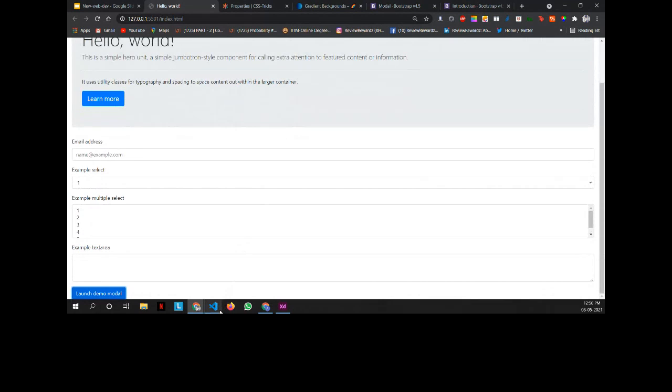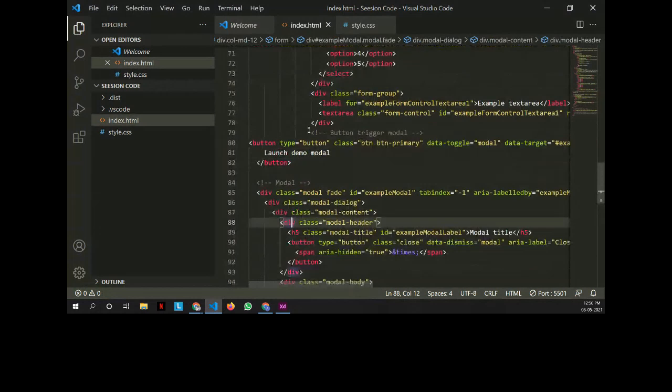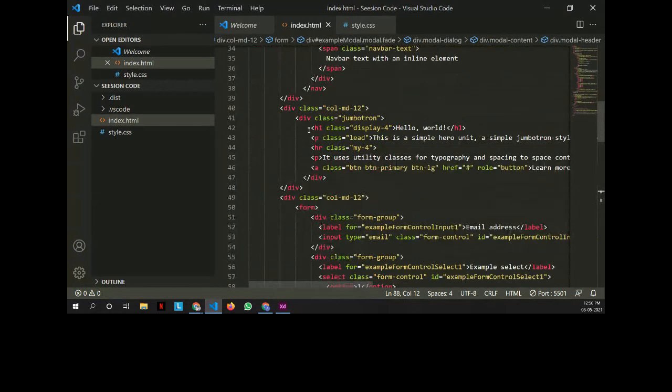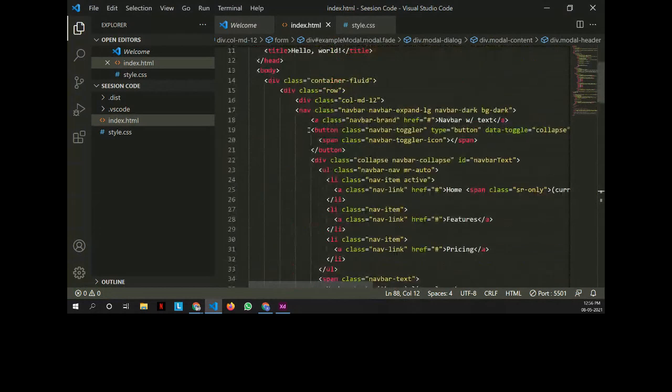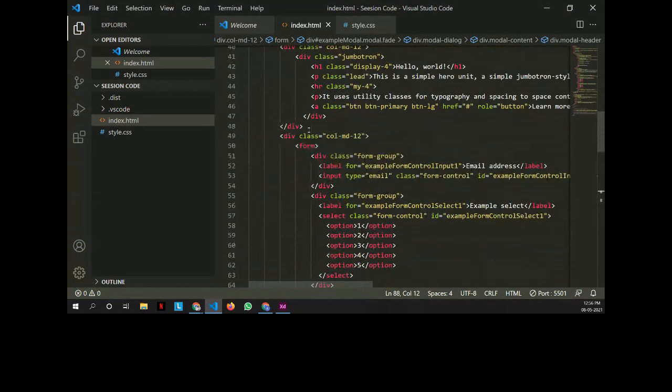You just need to have proper HTML tag knowledge. As you can see, we are familiar with the class part, the ID part, and we are also familiar with the button tag, the H tag, the div tag. So you can start reading code like this before actually getting into what exactly Bootstrap is. Bootstrap requires a lot of practice in general.